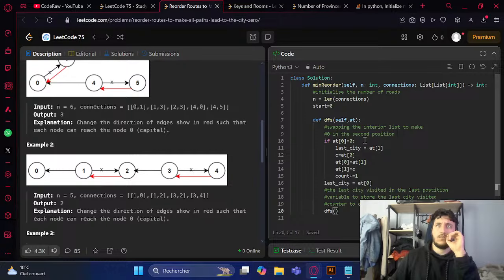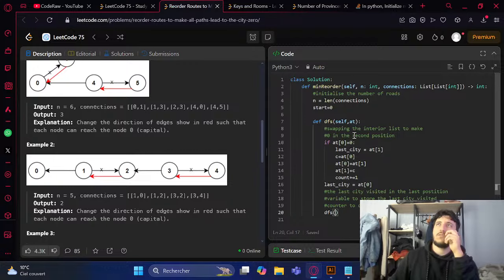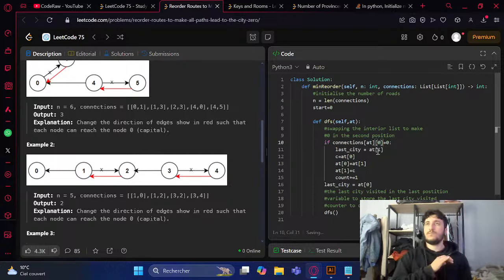Okay, so add is not a list. So self add is a position. So list of add. So connections of add of 0. Something like this. Add C equal connections of add of